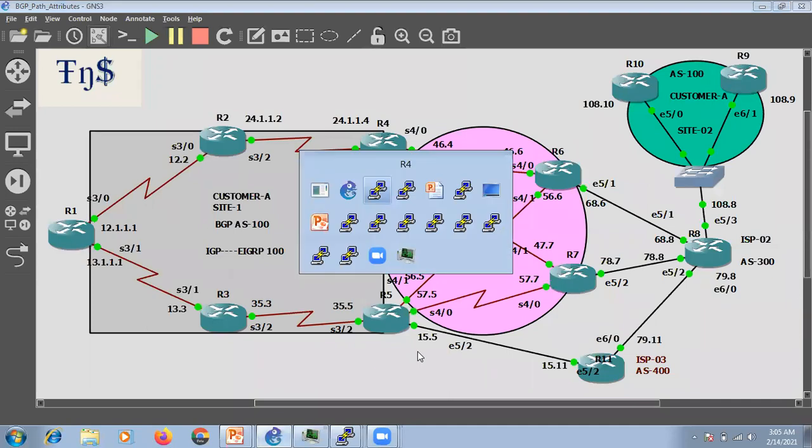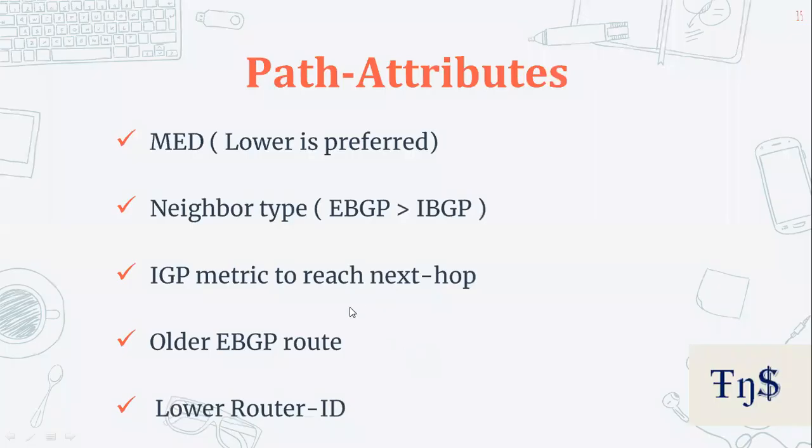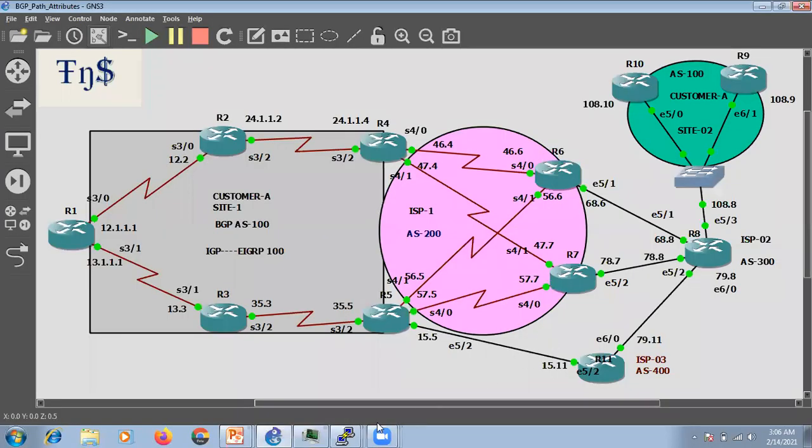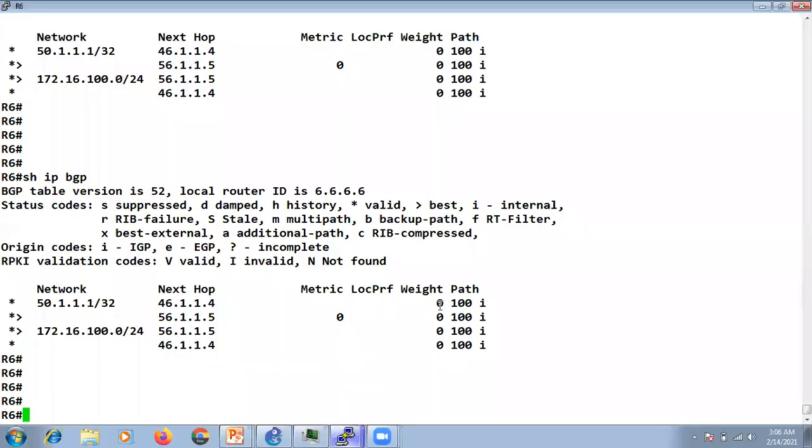Our next attribute is the origin code. After AS path, we have the origin code attribute. EGP is not supported anymore, I think. So there are two options now, I or ?. I means, if you see I in the BGP table, let's say I'm at R6, this last attribute is the origin code. So I means that your route is advertised by a network command. So if I go back to the origin, this route is advertised by R1, right?